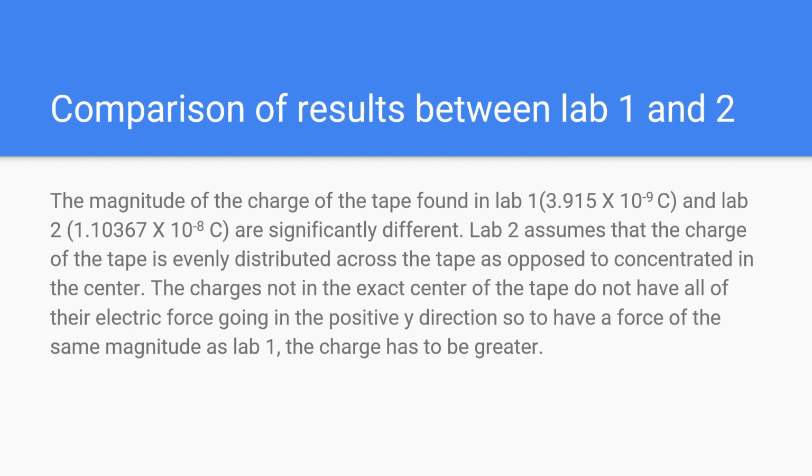The most important part of this lab is comparing the results, where we can see that the charges found in the two labs are significantly different. This is basically due to our methodology of finding the charge, because Lab 2 assumes that the charge of the tape is evenly distributed across the tape as opposed to concentrated in the center. The charges not in the exact center of the tape do not have their electric force going exclusively in the positive y direction. So to have the force be the same magnitude as the gravitational force, or the force we found in Lab 1, the charge has to be greater, because some of that force, for lack of a better word, is lost